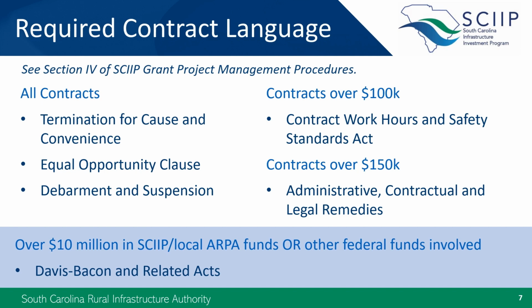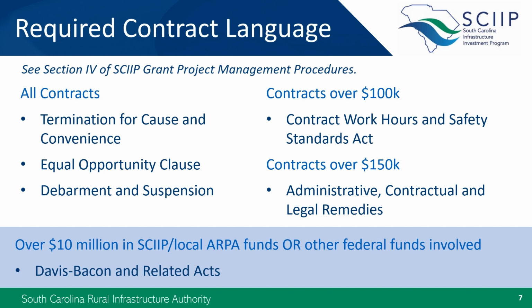The Equal Opportunity Clause prohibits discrimination on the part of the contractor. The debarment and suspension provision requires the contractor to certify that it isn't precluded from federal contracting. The next two will apply to all but the smallest contracts. The Contract Work Hours and Safety Standards Act provision governs wages and working conditions for mechanics or laborers. The Administrative, Contractual, and Legal Remedies Clause lays out specific steps that RIA or the grantee may take in response